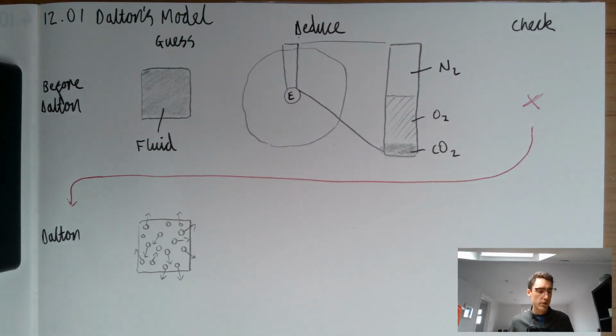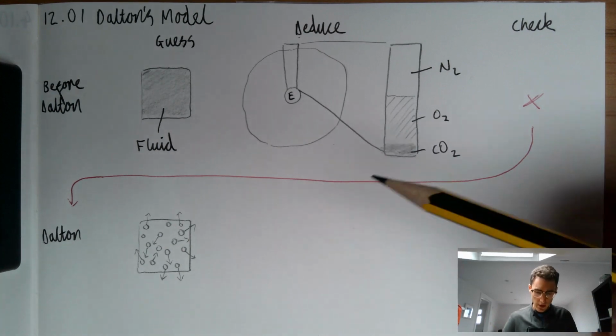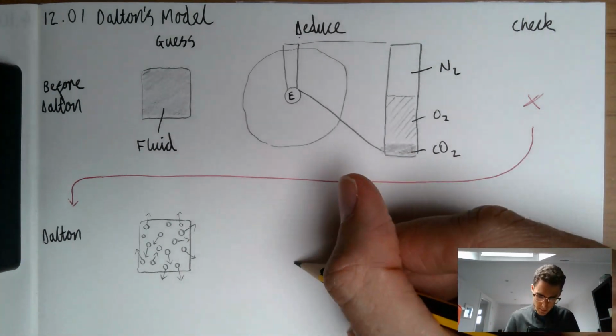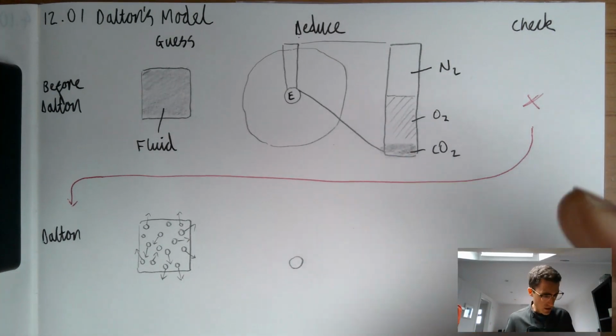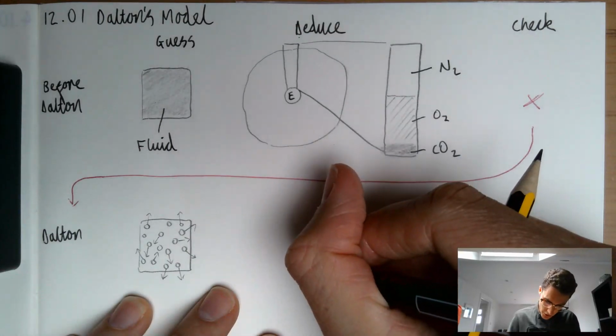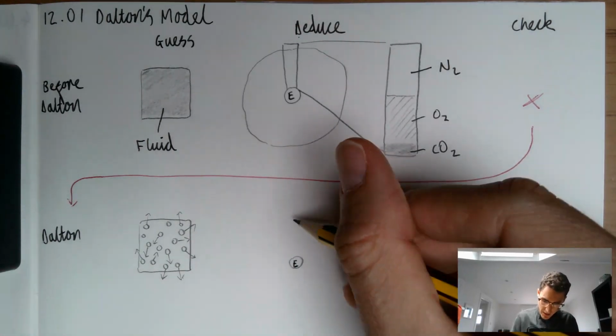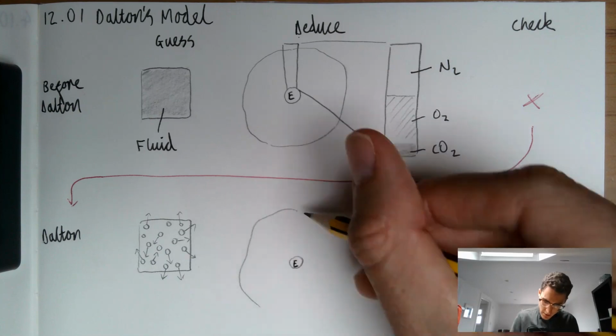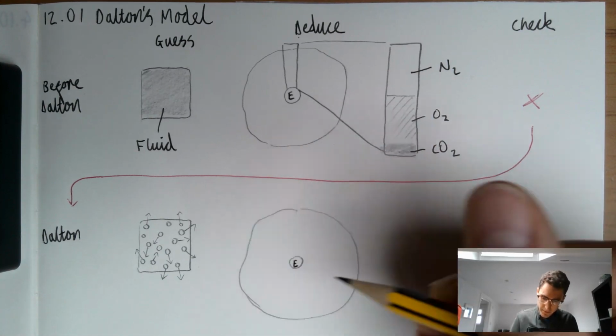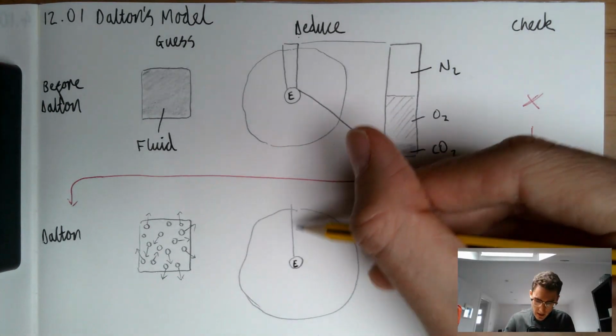Now, Dalton didn't just stop there. He didn't just say, maybe it's made up of particles, and that's it. He said, well, okay, let's go back to our picture of the Earth. Here's the Earth again. I'm going to draw an E for Earth to show that. Here's our sea of air, what we call the atmosphere, like this, going all the way around it. And he said, well, if